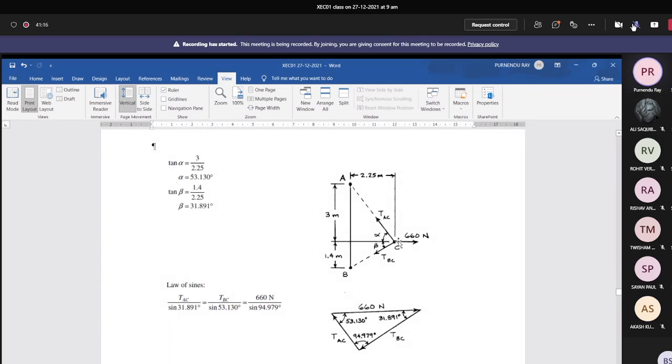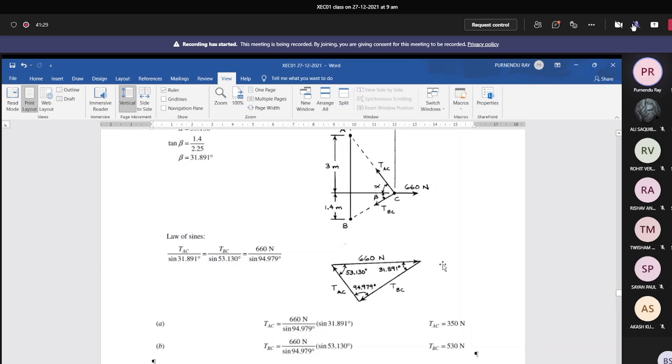So the free body diagram for that joint C has the horizontal given force and unknown forces with known directions alpha and beta. Find tan alpha, tan beta and the corresponding sin alpha, sin beta, etc. This is the force triangle. This is one given direction and magnitude, and we write down this 53.130 degree.